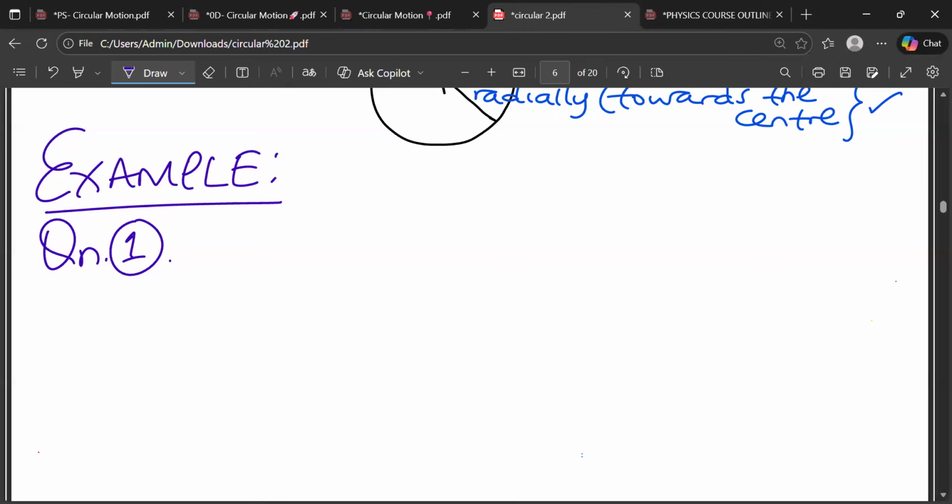So they are telling us the natural length is 1 meter for that string. Hope you know, it is fixed to a point O on a smooth horizontal table. A particle P of mass 2 kilograms